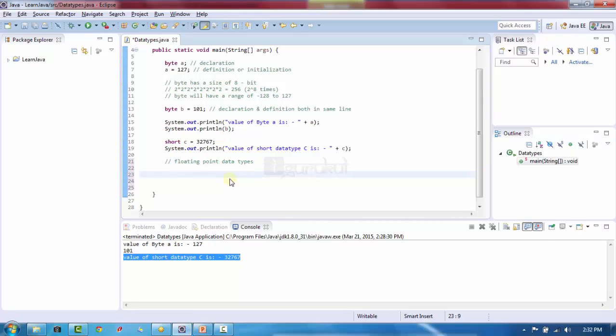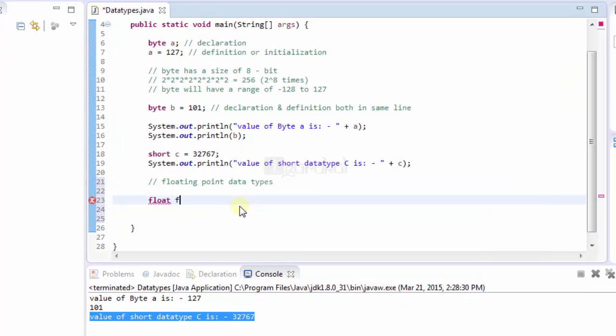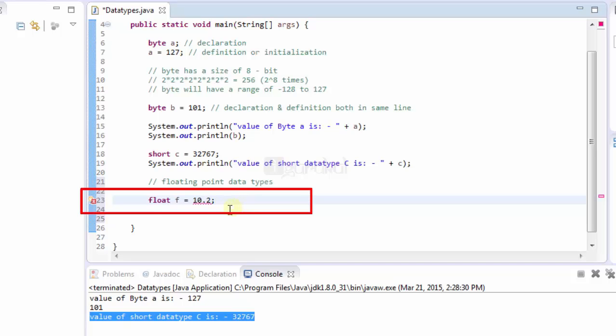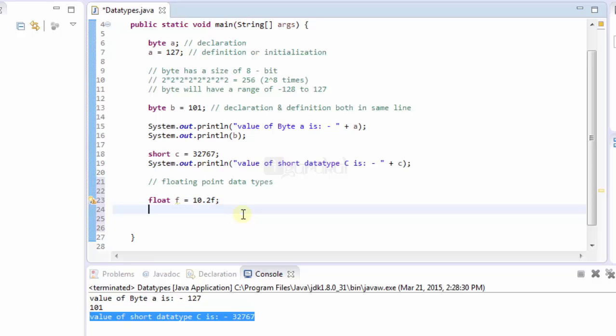So let's take a variable of floating point data type, float. Let's take a variable f is equal to, give it a value. Let's take 10.2. Put a semicolon. See, it's still giving me an error. And what is that? Type mismatch: cannot convert from double to float. As I have told you earlier, double is the default data type for floating point data type in Java. So when you are using a float kind of data type, you have to add f at the end of the values. You can either write a small f or you can write a capital F like this. f is equal to 20.5f. Both will work the same way.